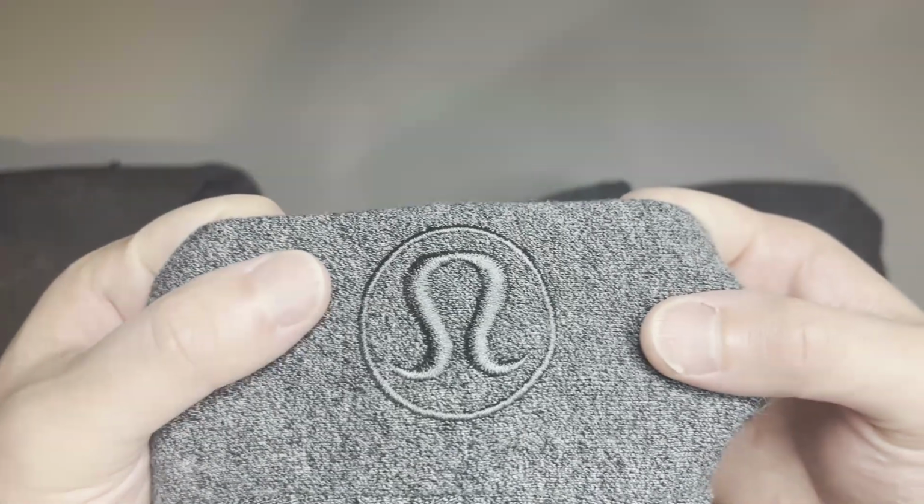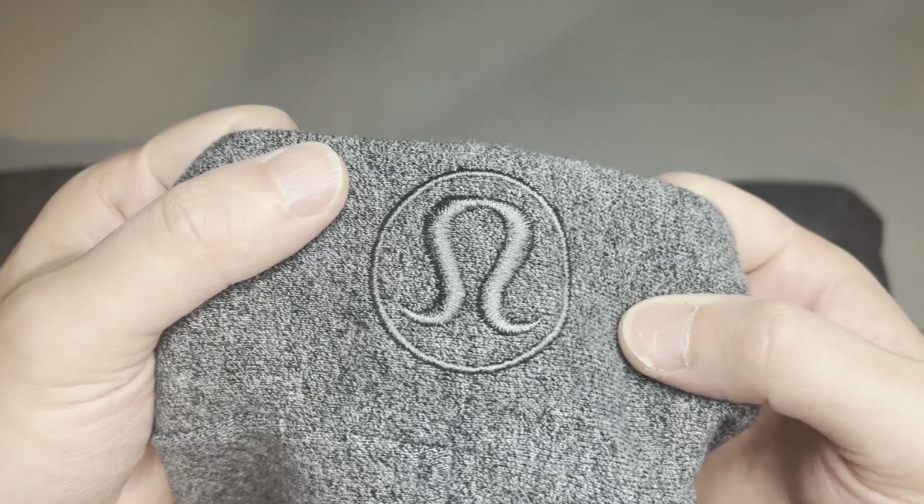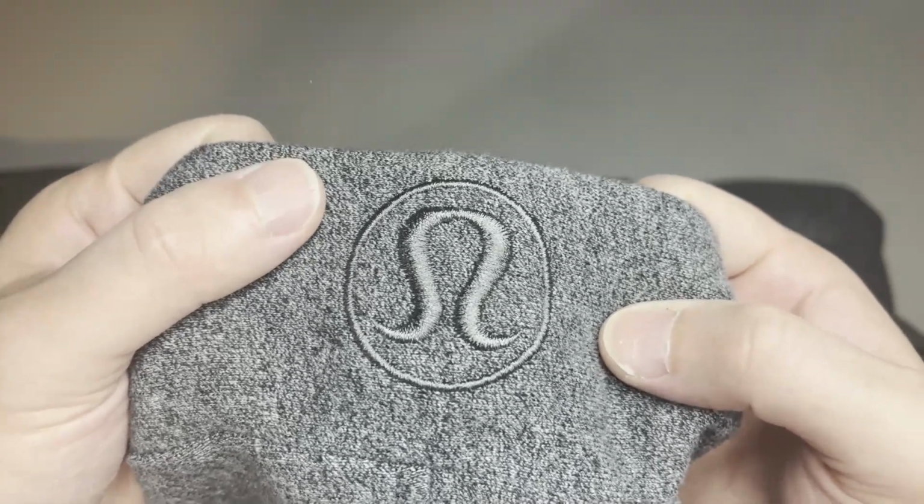Because they used to only do that for men's, but... They used